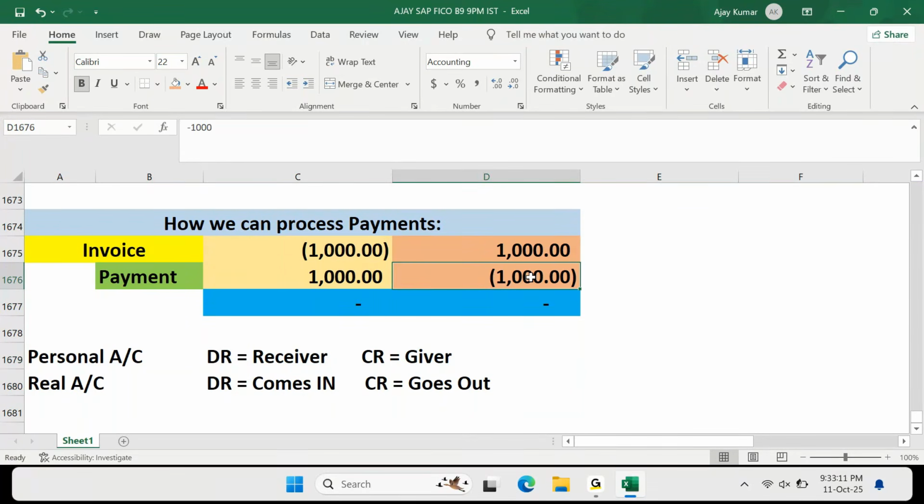Slowly you need to apply your accounting interest, because tomorrow, no surprise, somebody might ask why there is a debit or why there is a credit in this accounting entry. In your SAP FICO interview, you might get these kinds of questions. Getting my point, right? Don't think that they'll only ask you about the configuration and all. They might ask anything,